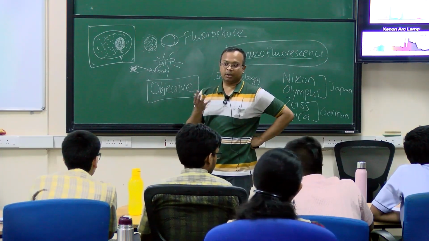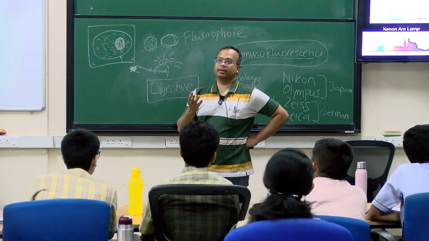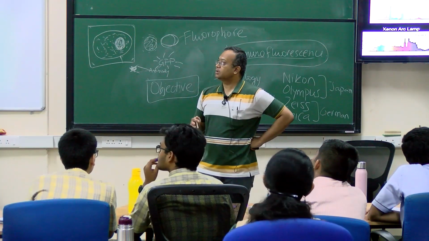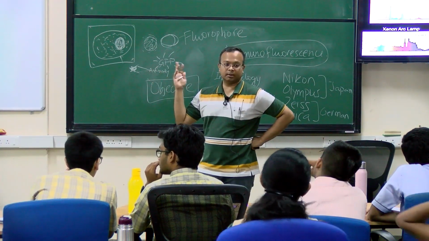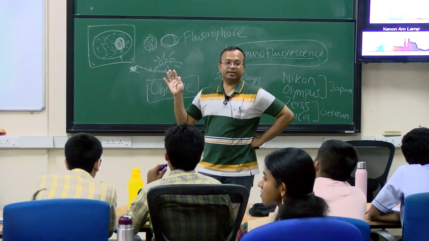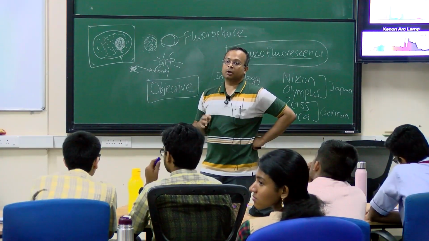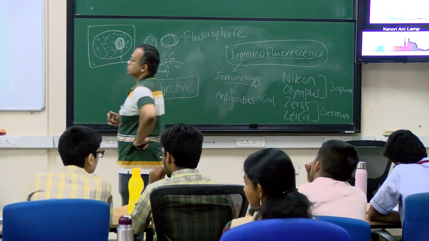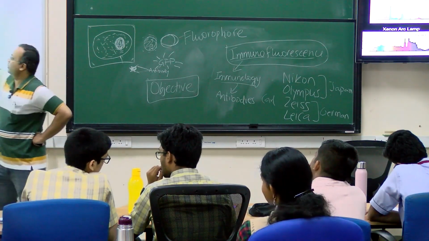Then gradually the electric bulb was discovered, and then fluorescent lamps were introduced. Much later on, people started using mercury or metal halide lamps, and then even later, lasers were discovered. Now people use different kinds of lasers, and the advantage of a laser is that lasers come in specific